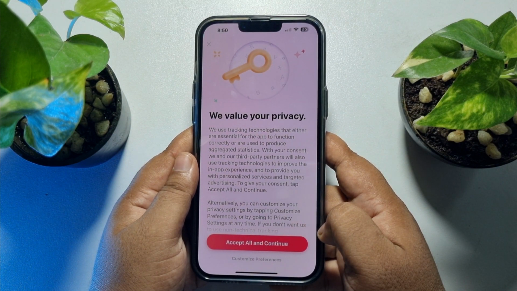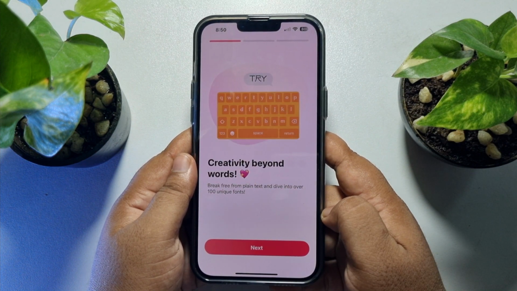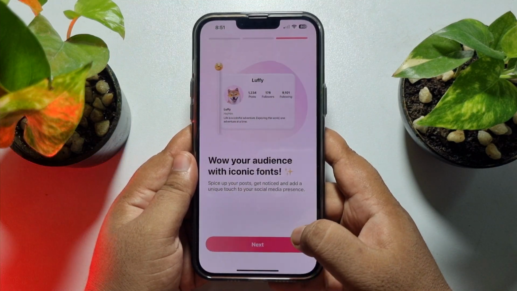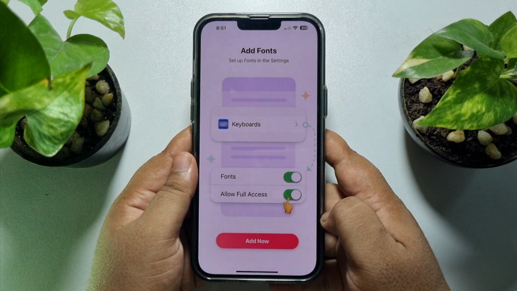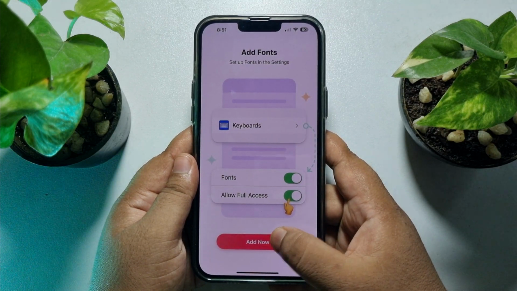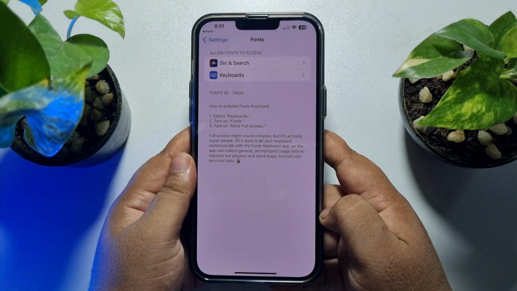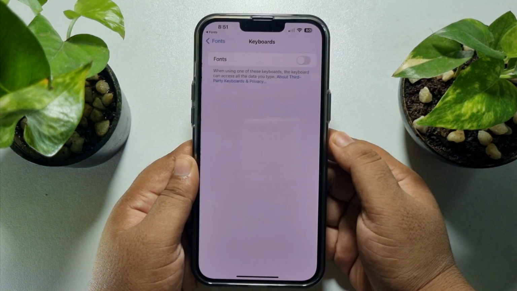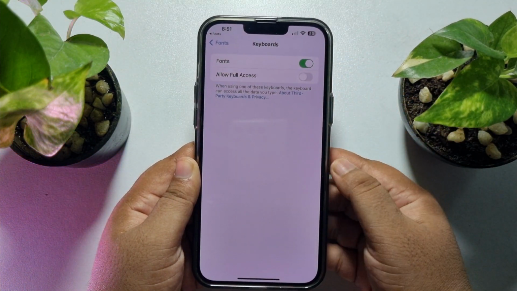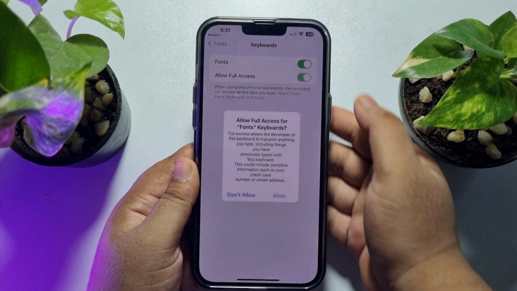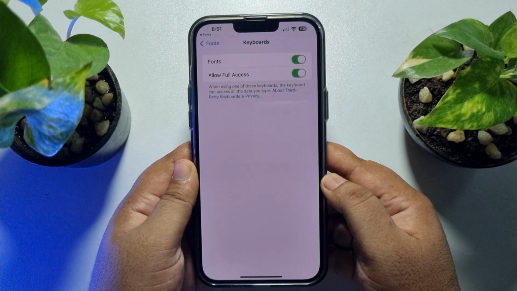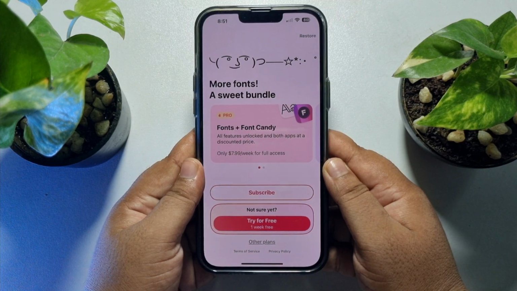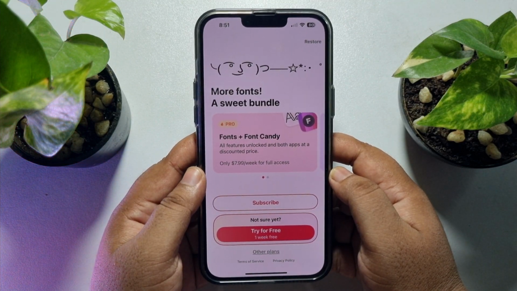accept all and continue. Next, tap on next, and tap on add now, and you will directly jump into your iPhone font settings page. Here tap on keyboards and you have to enable fonts. Also enable allow full access, allow, and now go back to the app again, and now just